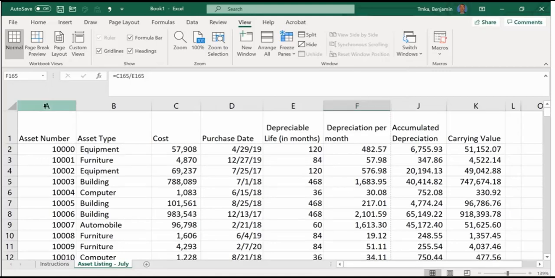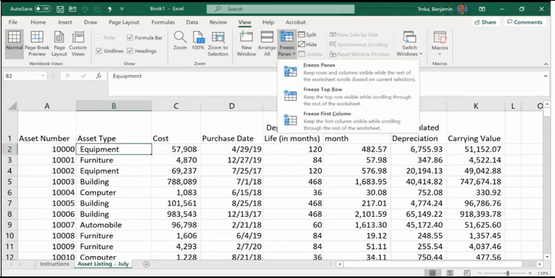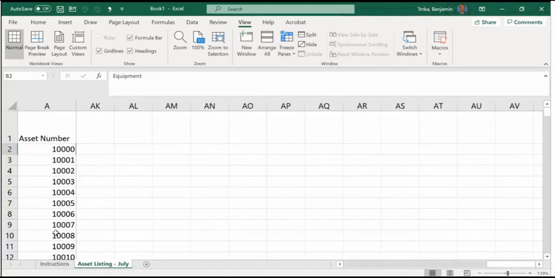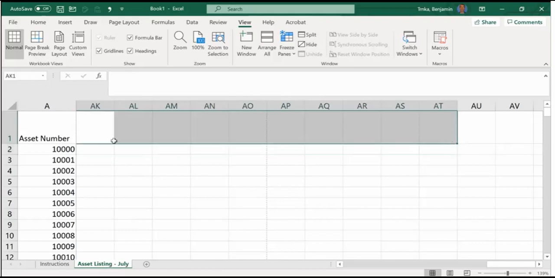All right. Another common way is, say I just want to freeze column A. I almost never do that one. It is possible, yep. So that would be the first column that you want to freeze. So you go into View again, Freeze Panes, and Freeze First Column. And now if I scroll over to the right here, you can see my asset number is still visible. If I had a whole bunch of headings out here, that might be useful, if I had more information about the assets that I wanted to see.